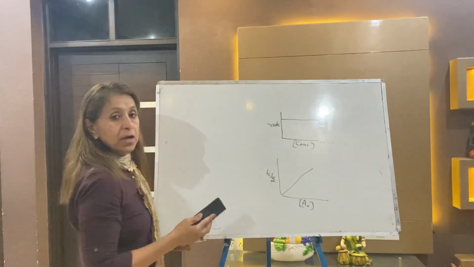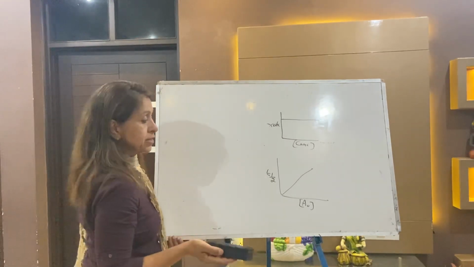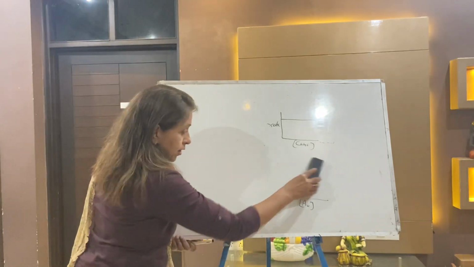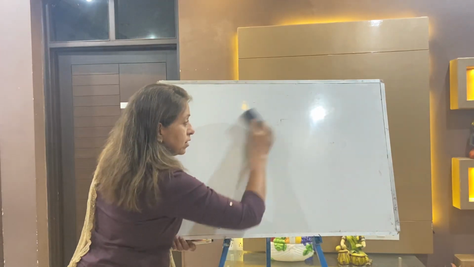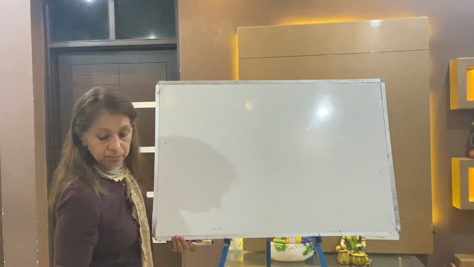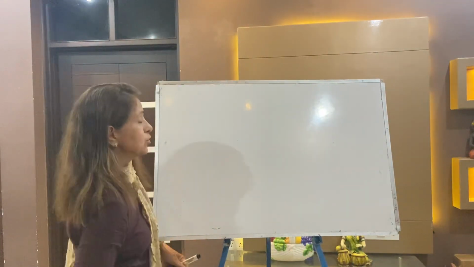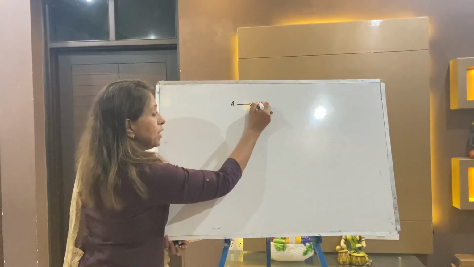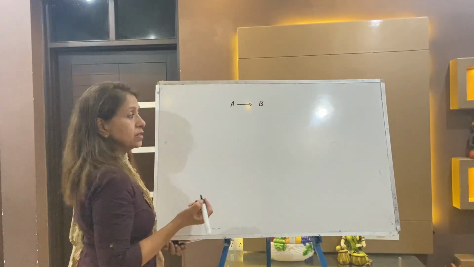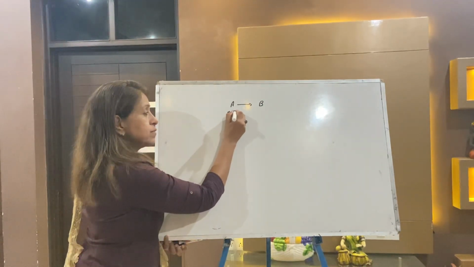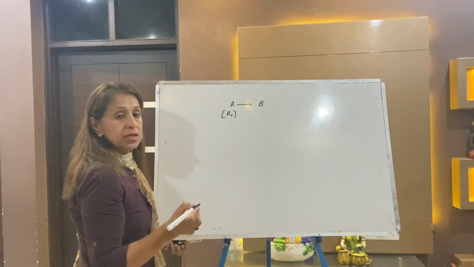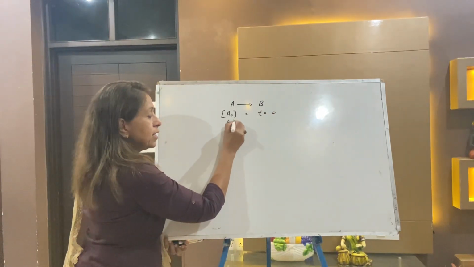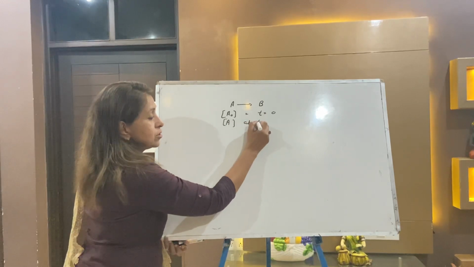Let us take almost the same derivation, that topic now. Make a heading: integrated rate law method in first order reaction. I am taking a first order reaction. Again in the same style, write down A arrow B, the reaction. A naught is the concentration when the time is 0, and A is the concentration at time t.